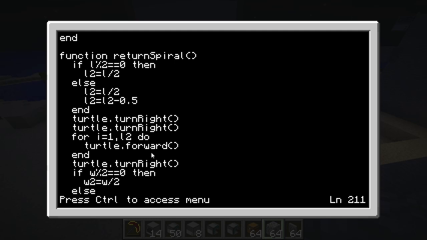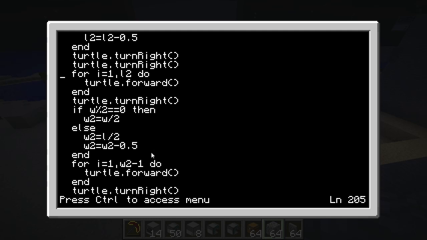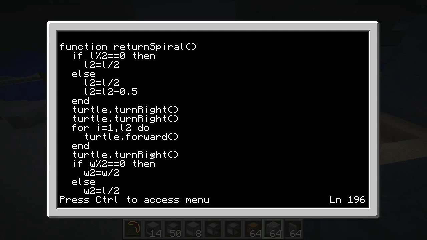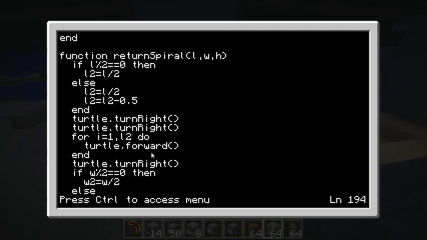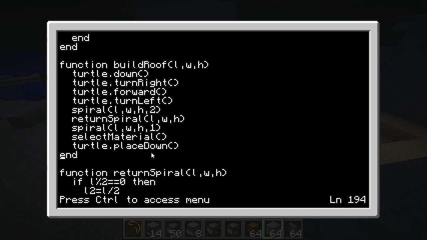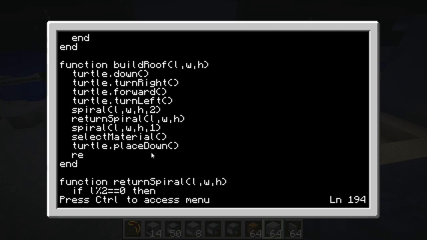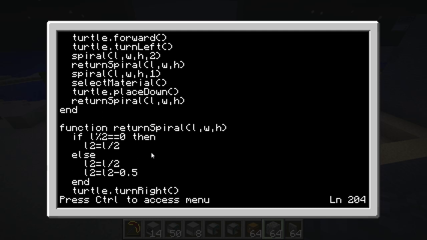I've copied this down to here, and oops, I need to make this guy receive LWH, and I think it's all good. So every time I do the return spiral, yes, I need to pass it LWH each time. So I've got spiral, and I've got return spiral, then I've got spiral again, and I'll put return spiral LWH at the end, and now I can go to the hollowing function,